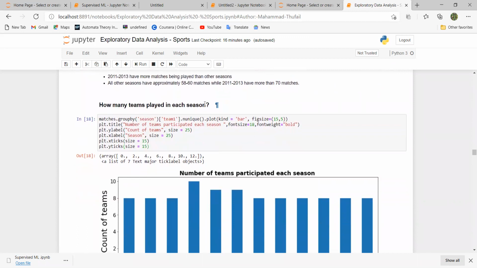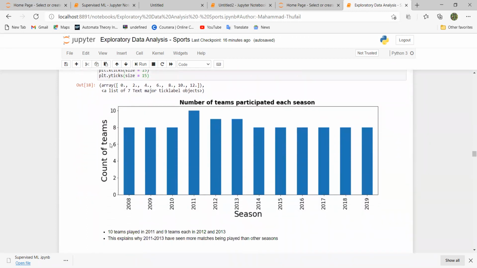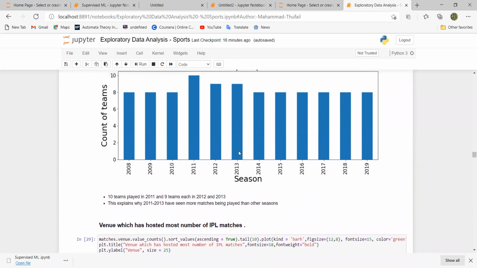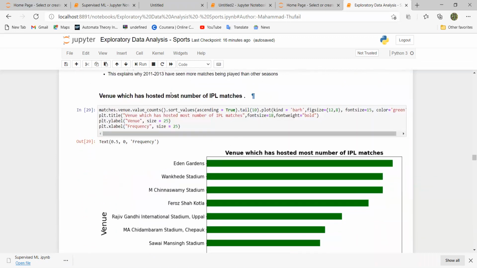So, how many teams played in each season? That is also plotted here: count of teams versus the season. 10 teams played in 2011 and 9 teams each in 12 and 13. This explains why 2011 to 13 have seen more matches being played than other seasons. Next, the venue which has hosted the most number of IPL matches.